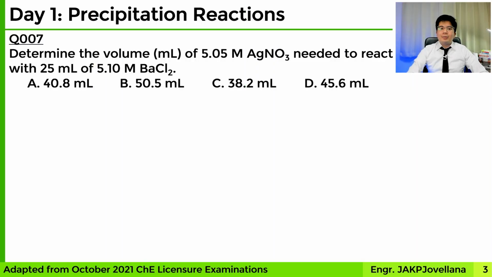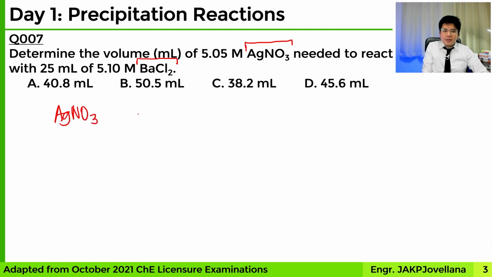So to start this problem, we need to first write the chemical reaction that describes this precipitation reaction. So for our reagents or reactants, we have silver nitrate, which is AgNO3, and barium chloride, BaCl2. And typically, our precipitation reactions are double displacement reactions. So we first write the chemical reaction, silver nitrate,